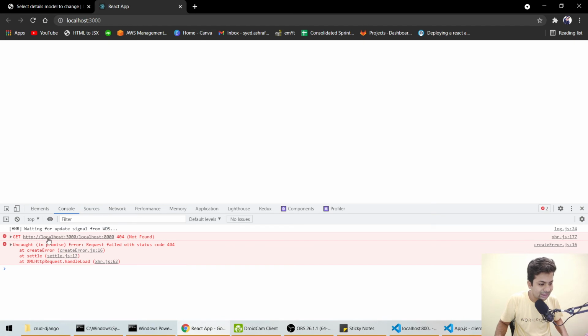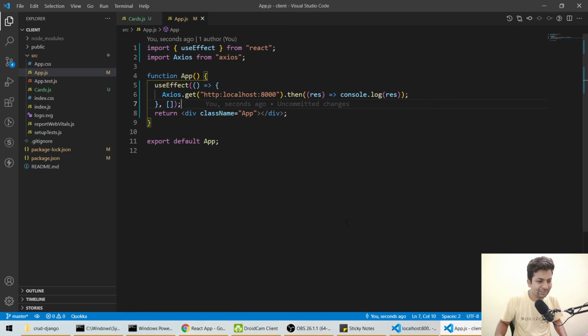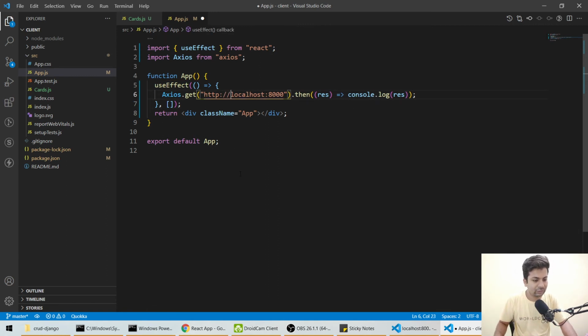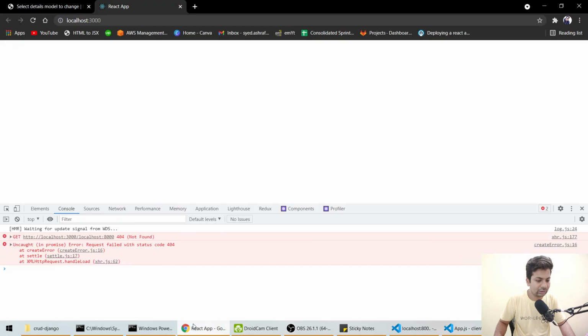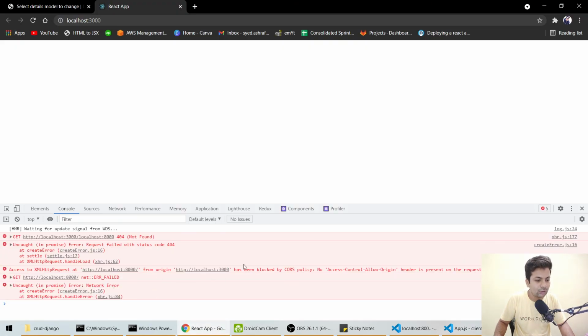How is this happening? Okay, sorry, we have to write http:// like this. Now if I check, it's saying it's blocked by CORS policy, so we have to enable CORS policy on the Django side. Let's work on that.